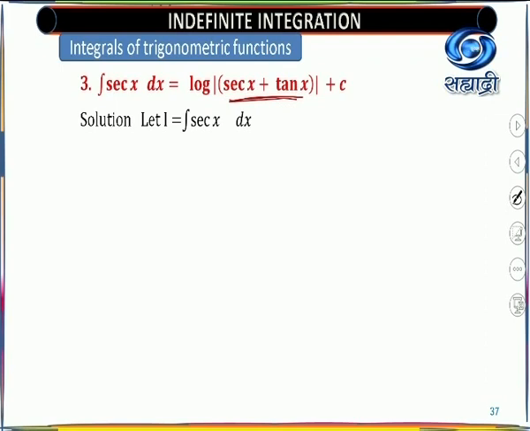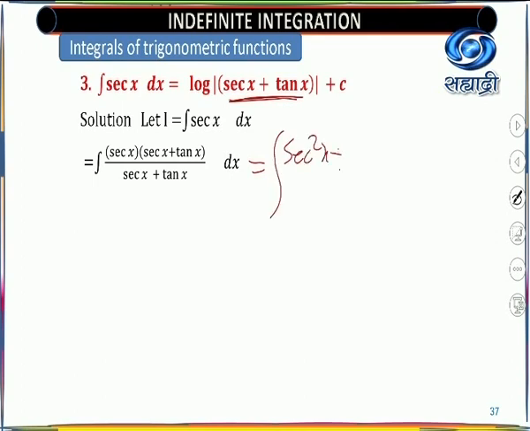Look at here, I equal to integration of sec x dx, so you multiply and divide by sec x plus tan x. Now if you multiply and divide by sec x plus tan x, you multiply sec x to every term. So what will you get? You will get sec square x plus sec x into tan x upon sec x plus tan x. I will write it properly as tan x plus sec x. Why? Because addition is commutative. So either I will write sec x plus tan x or tan x plus sec x.